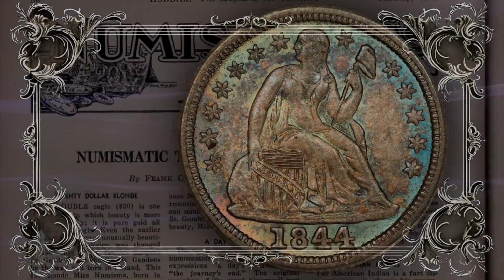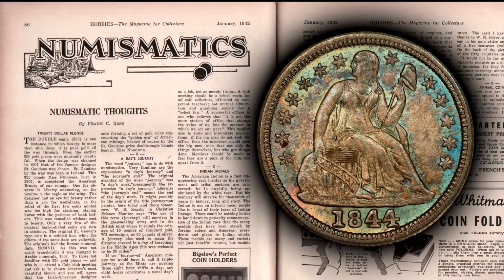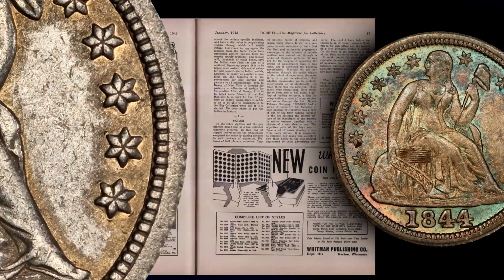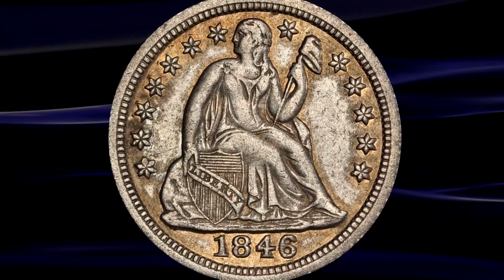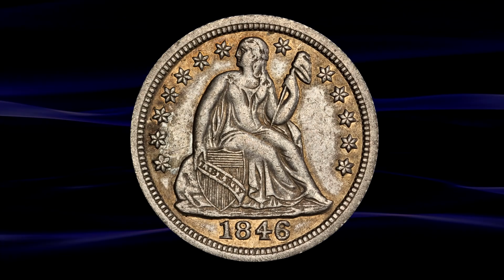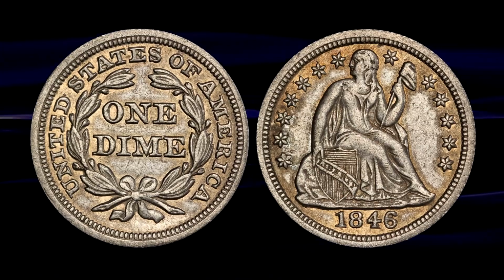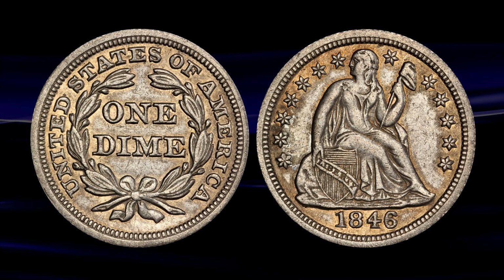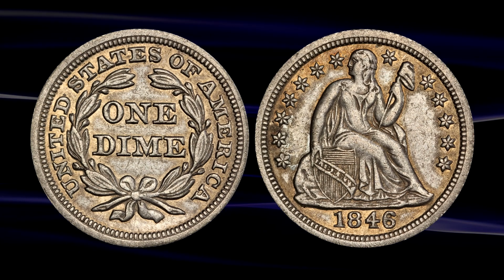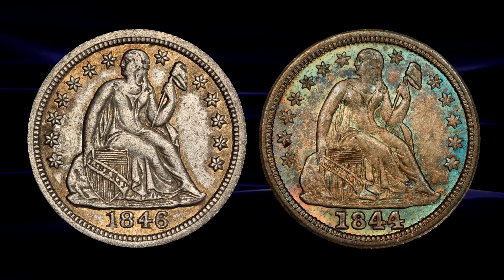He contended that the coin was undervalued and its true rarity was significantly underreported, even claiming that it was far scarcer than the 1846, which has a mintage of nearly half as many coins than the 1844. So let's examine his claims for a second, shall we? The 1846 has a mintage of 31,300 coins, making it a legitimately rare coin. That's fair enough. But the 1844, our Orphan Annie, has a mintage of